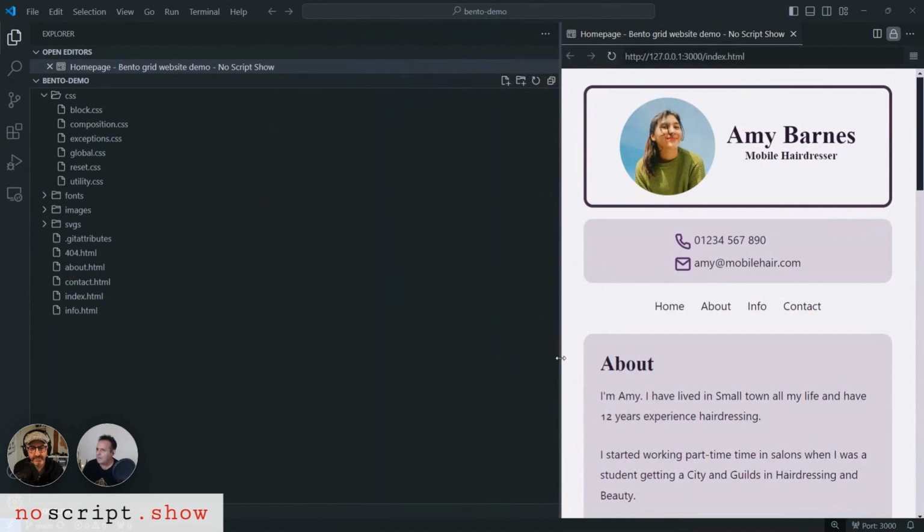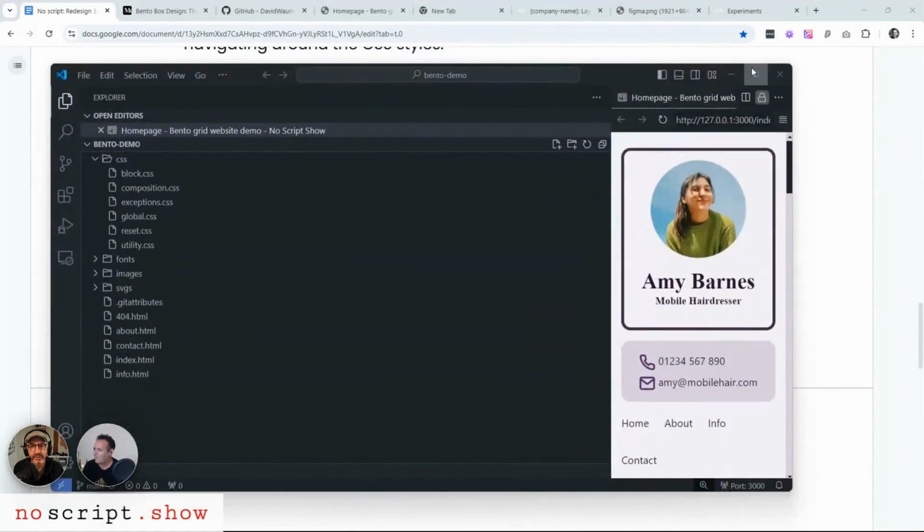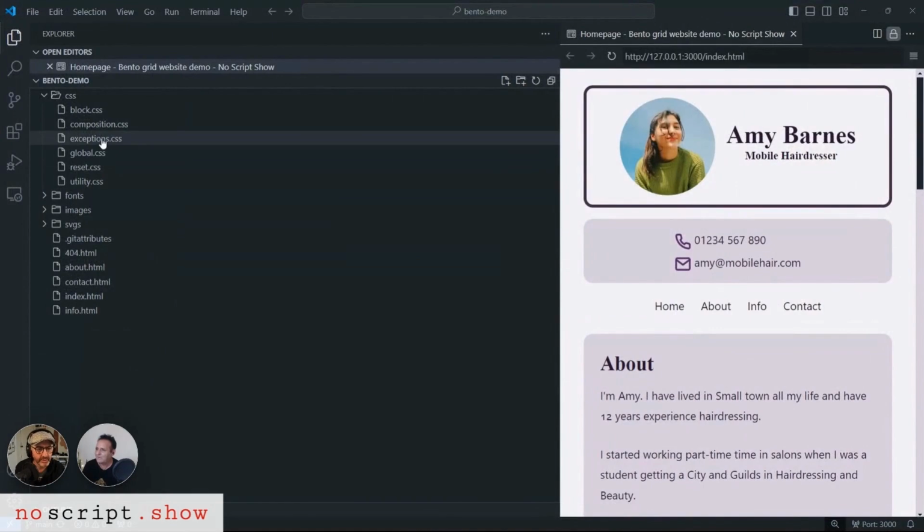So yeah, we've got the CSS in here, and it's sectioned out as I discussed before, into the composition, the structural stuff, and the block stuff, which is there. So that's kind of the same thing. Sorry, I'll have to go back to my notes. I forgot what I was talking about. Oh, okay, find and replace. Oh yeah. So what I wanted to do here, if we go into composition,